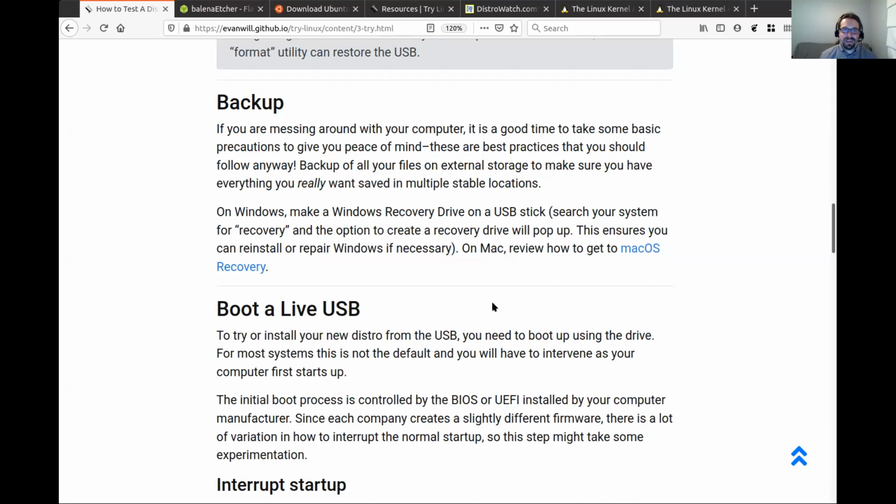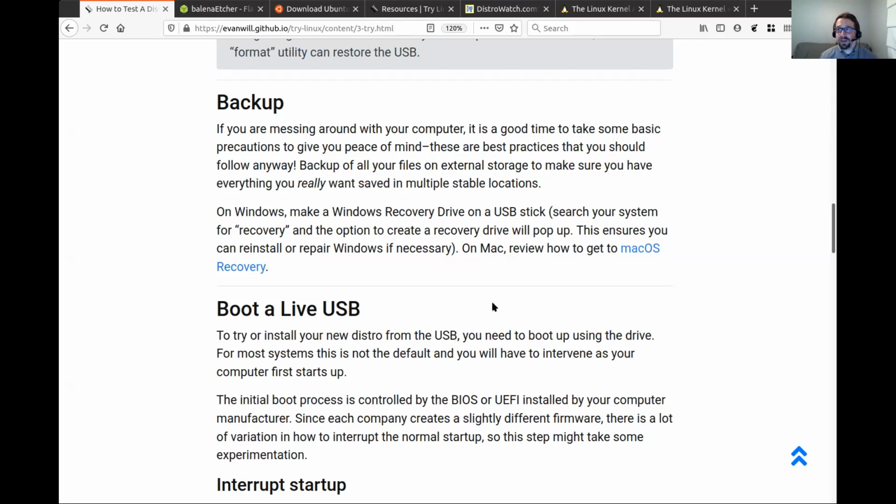You should, in general, be backing up all your files on external storage, maybe in a cloud storage provider as well, to make sure that you have all the things that you really want to save saved in multiple locations so you can recover them if something goes wrong with your computer. You should do that anyway, not just when you're trying out Linux, but make sure that you do that before